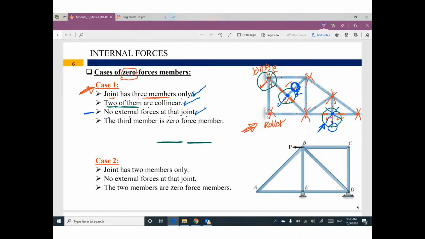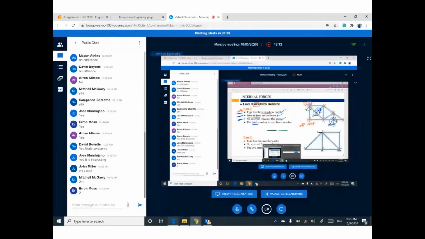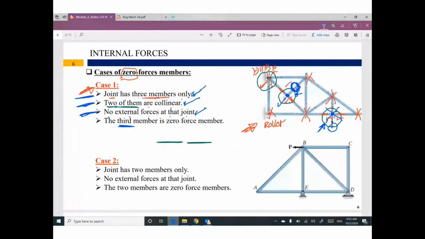How many conditions? 1, 2, 3. Please search for joint with 3 members only. These 3 members, 2 of them must be collinear. And no external force at this joint. That means the third member will be zero internal force. Second case,